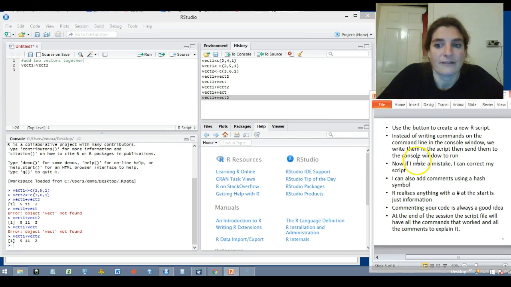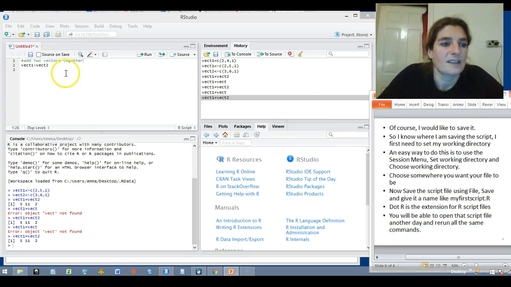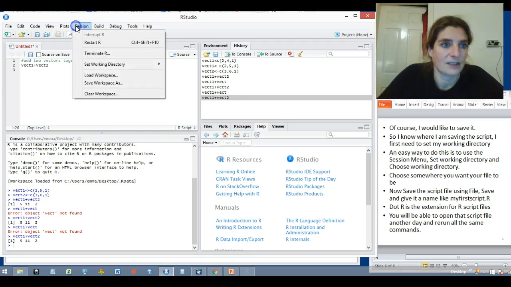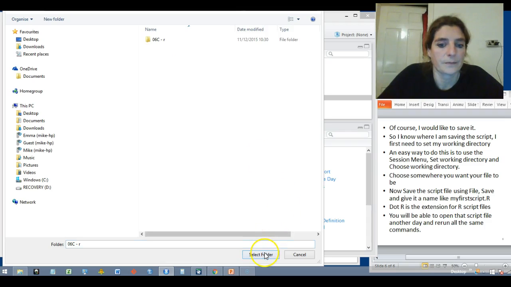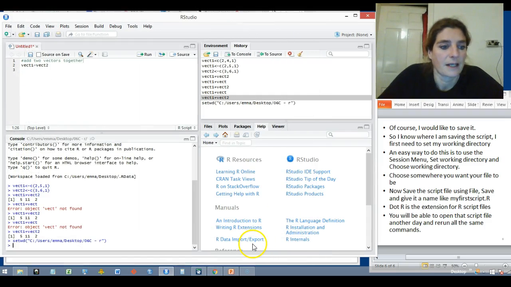So obviously you're going to want to save that. And in order to save it, it's a good idea to set your working directory. Your working directory in R is the place where R is going to look for any files you ask for, and save any files you ask for. So the easiest way to set your working directory is to use session, set working directory, choose a directory, and then just pick a directory that you want to use. So you can see down here